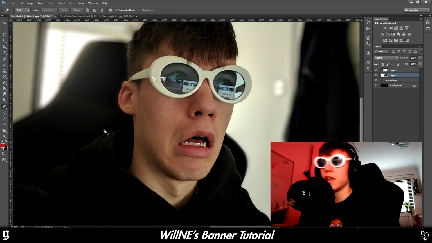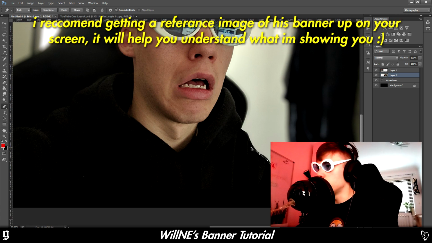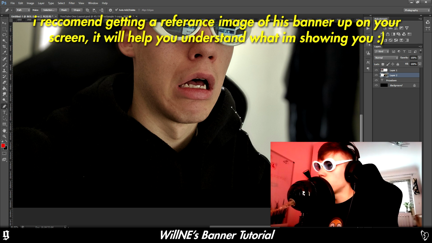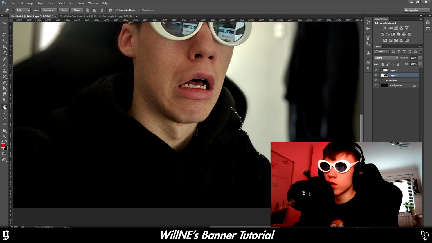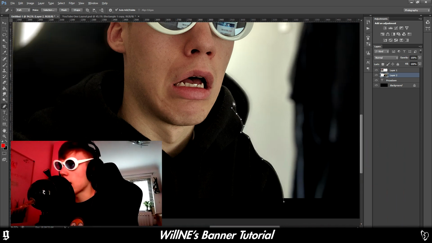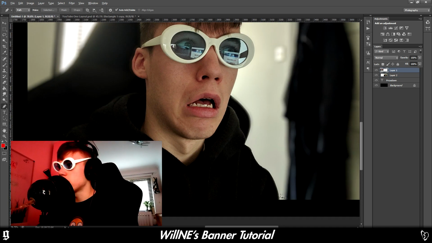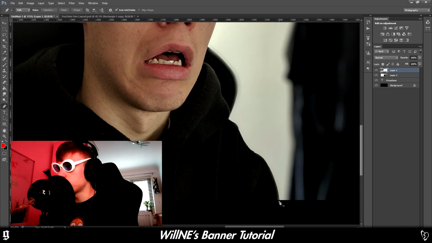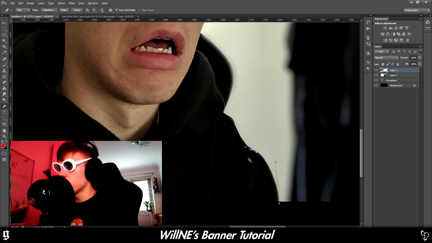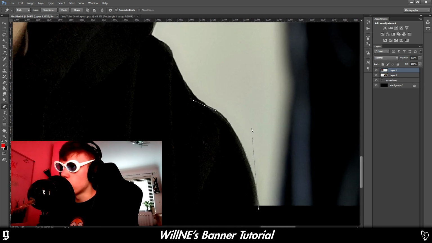hoodie, because if you can see in his banner, he's got his hoodie, it's from his hoodie up basically. So what I'm going to do to do that is use the pen tool, which you can locate down the side here. You want to make sure it's on the first slot and you just want to get clicking. You click in the first destination like that, and then you lift it up, and then you drag it to the next one. If you've made a bit of a mistake, like there, I've realised the pen tool's gone off the edge slightly. Hold Control, left click on this little dot at the end, and you can drag it